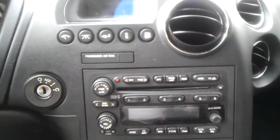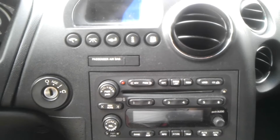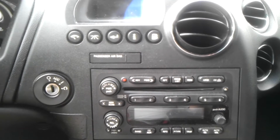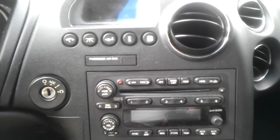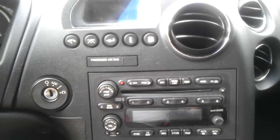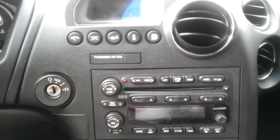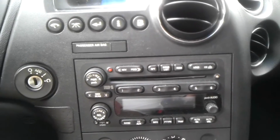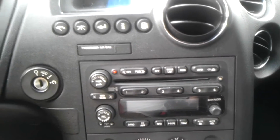Okay, so my car is off. I had just opened the door, and I had received a few questions regarding the radio actually being on, or there's sort of radio noise, I guess, coming from the car, the speakers. It's kind of like a really fine static hiss that they have described when they're getting in the car and they haven't done anything with the car, or the car's shut off and they've opened the